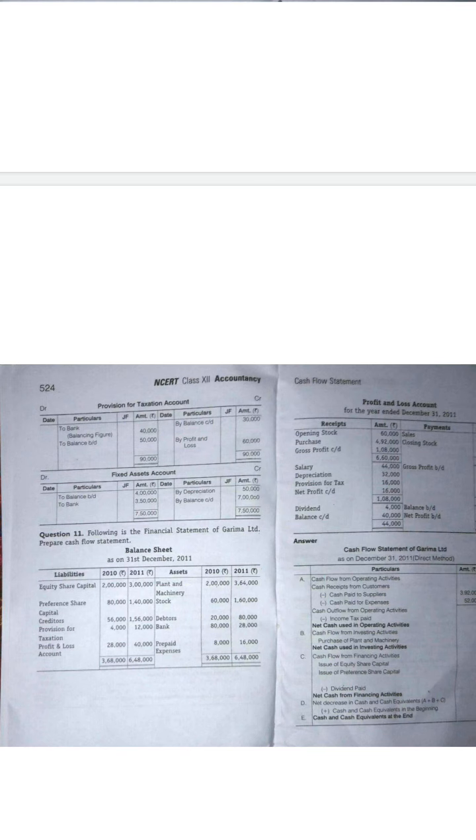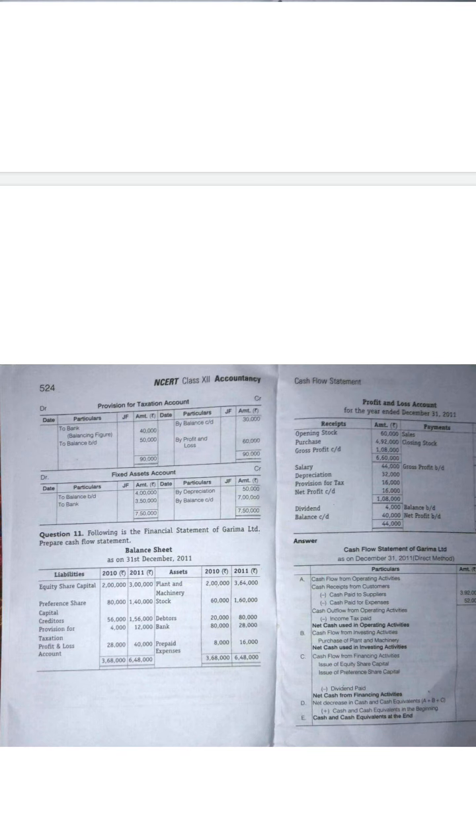So what will be the journal entry? If you are not thorough in that, just take a pencil and write the journal entry. Depreciation account debtor to fixed asset account. This is the journal entry. When we post it into the ledger, how will it appear in the fixed asset account? It will appear as 'by depreciation account' on the credit side. You already studied in 11th standard how to post the journal into the ledger. So by depreciation account, the amount is 50,000.